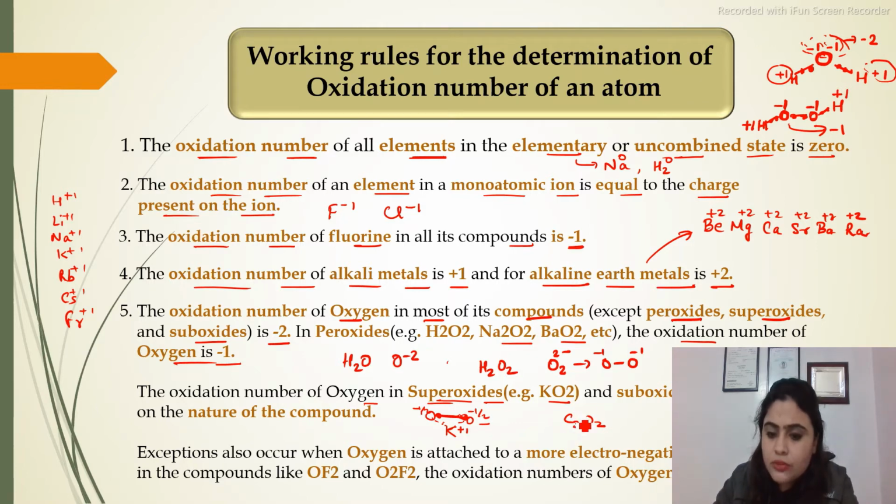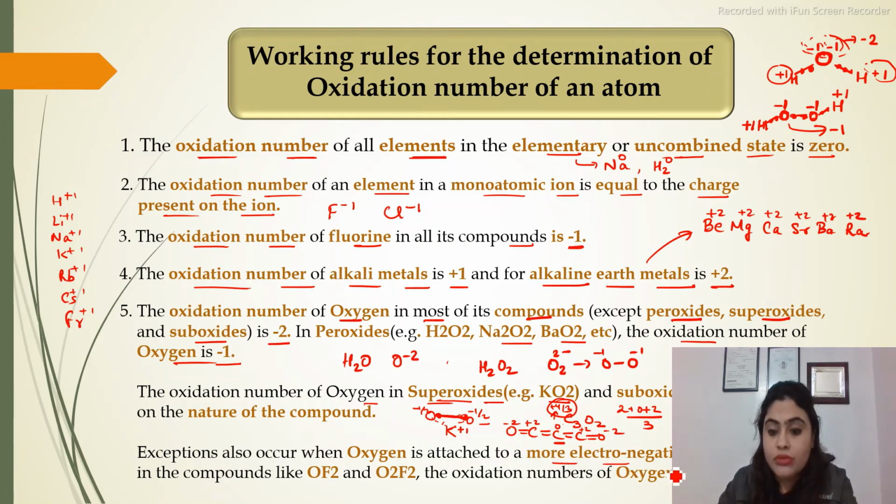Suboxides is C3O2. Like here, the contribution of oxygen is more and carbon में less than, अगर मान लेते हैं इसका +4 या कुछ चार्ज है तो इसमें चार्ज लेस हो जाता है। Suppose if carbon structure I have made like this, C3O2, okay, so यहाँ तो कार्बन का 0, बट यहाँ पे क्या होगा, कार्बन का +2, क्योंकि यहाँ पे ऑक्सीजन के साथ है वो, ऑक्सीजन के ऊपर -2, यहाँ पे भी +2, यहाँ पे भी -2। तो अब इस सेंट्रल कार्बन के ऊपर चार्ज +4 से भी और लेस हो जाएगा, ठीक है। ओवरऑल ऑक्सीडेशन स्टेट अगर निकालेंगे कार्बन पे, तो 2 + 0 + 2 / 3, टोटल नंबर ऑफ कार्बन एटम्स 3 हैं। तो ओवरऑल ऑक्सीडेशन स्टेट इस कार्बन पे +4/3 हो जाएगा, तो और भी लेस हो जाएगा। तो इस तरीके के कंपाउंड्स को हम बोलते हैं सब ऑक्साइड्स, ओके।